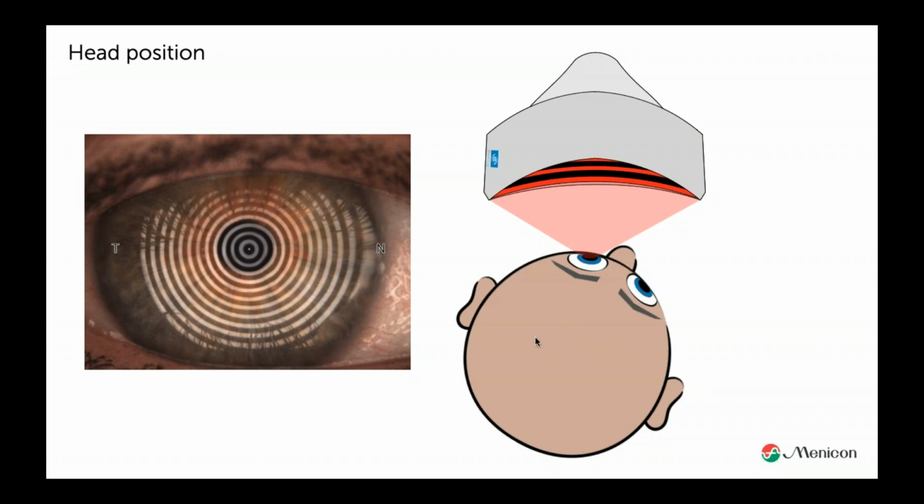So make sure that you get the head position right. And sometimes you create strange situations. If the patient is with the chin on the rest, you have to put them in different strange positions. But again, the patient wants good help. The patient wants good lenses. So we have to make that effort to create a situation where we can calculate with the right information.